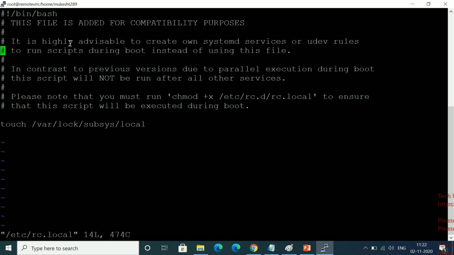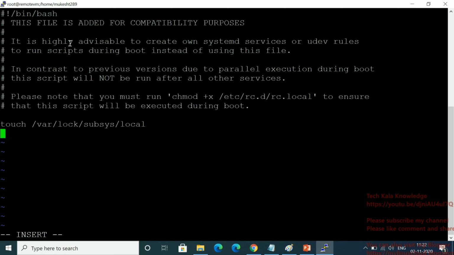Now you have to press insert, and today I'm going to add a date command here. The date command output will be stored in a file once my system comes up after rebooting.